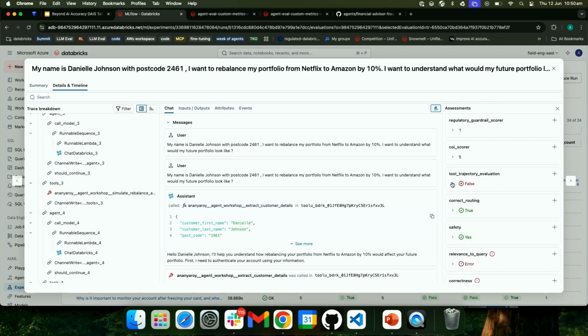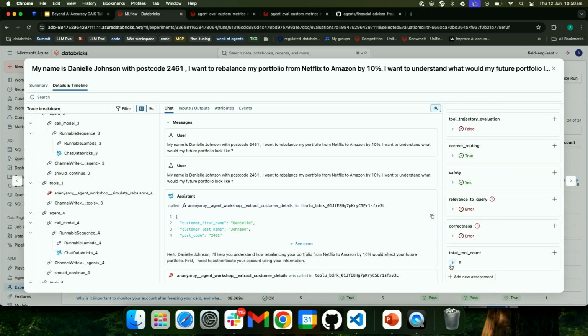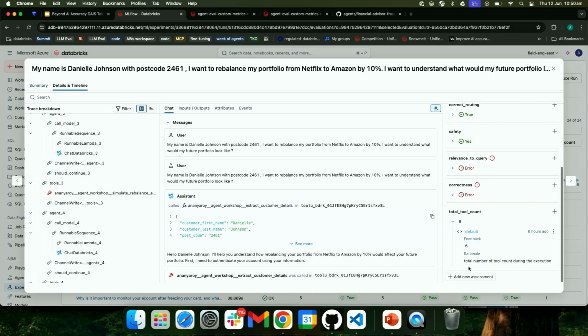Similarly, if I look at the other metrics, total tool count is 6, which is quite big in answering this question. But it can be expected if the question is complicated in itself. So if you have the right ground truth data, you can evaluate your model's execution based on your ground truth. And if you don't have ground truth, then there are also ways you can generate ground truth through your SME evaluations and whatnot, or you can use other metrics which are not reliant on ground truth. But if we are talking about understanding the tool calling and flow, then ground truth is important.